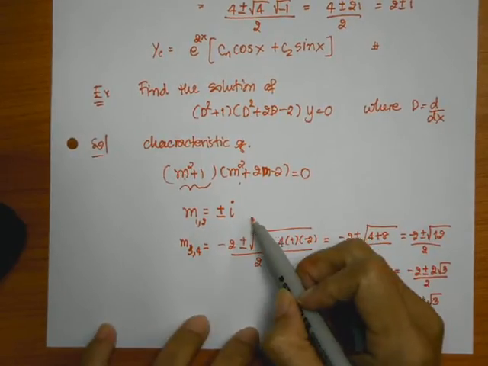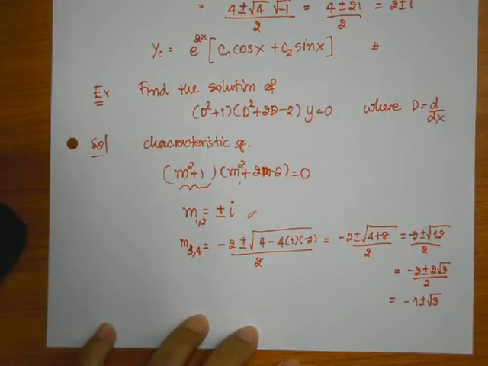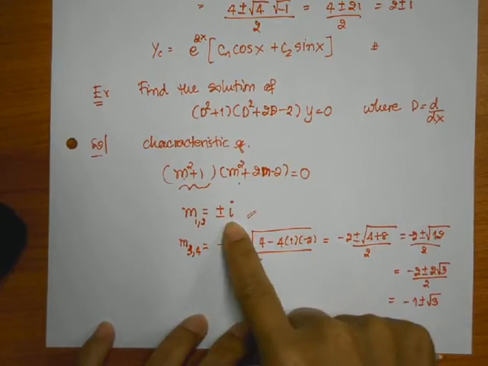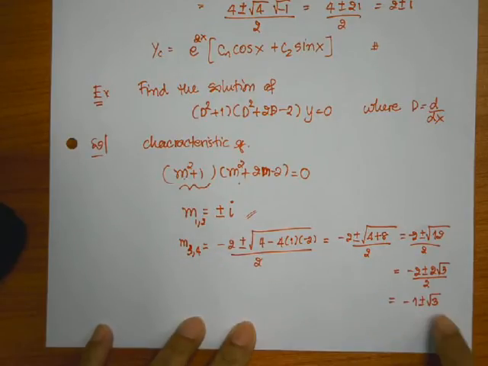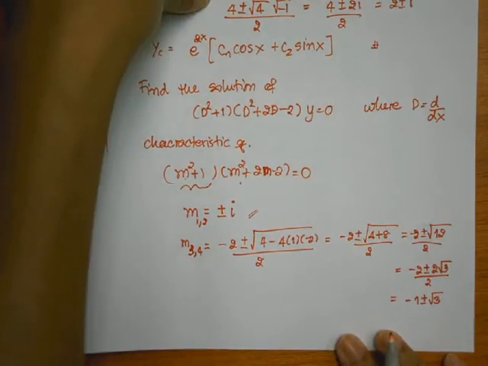This part we use case 3, right? M1 and M2, it is a complex number which has the real part equal to 0. So M1 and M2 we use case 3. M3 and M4 we use case what? Case 1, right? Because it's a real number. Now the answer of this is